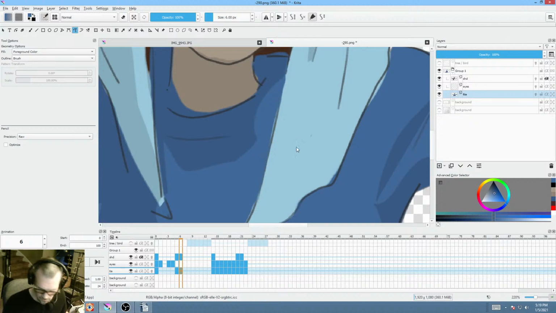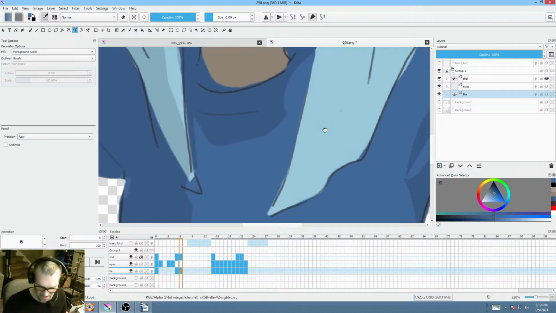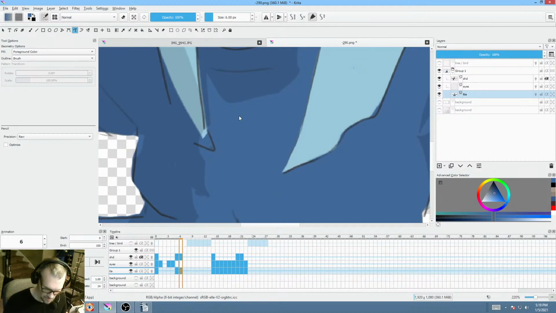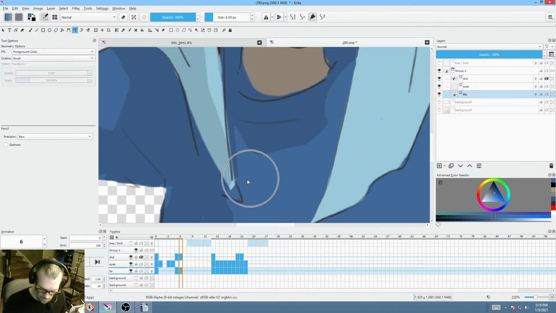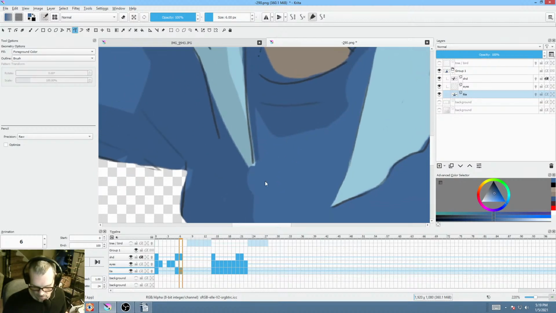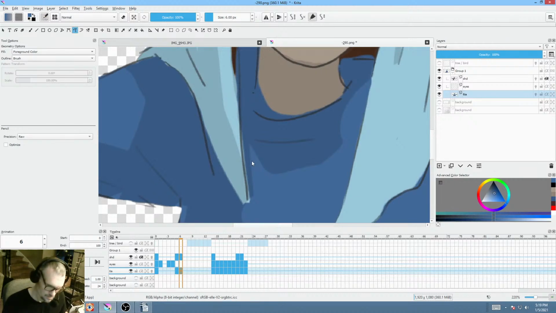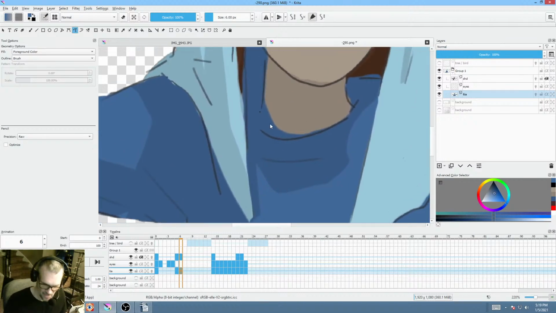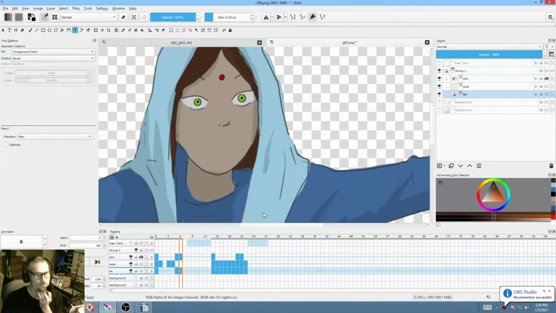And I saw Ed Tadeo was saying the same thing the other day when he was live streaming. He was talking about the fact that he likes to draw outlines in kind of a sketchy, loose kind of manner. He just likes that. Especially if you're doing Family Guy and you're looking for something that